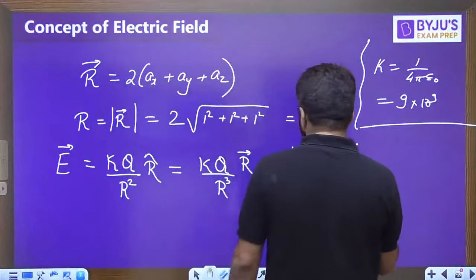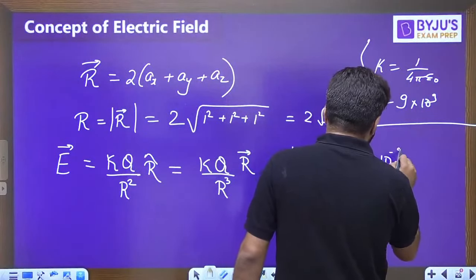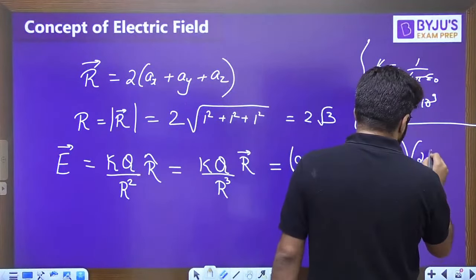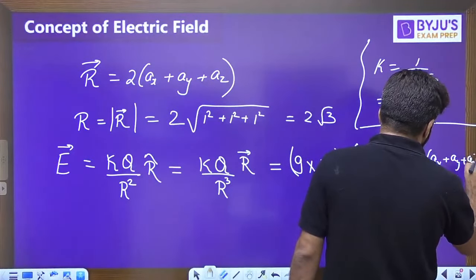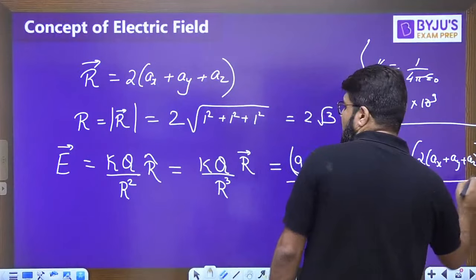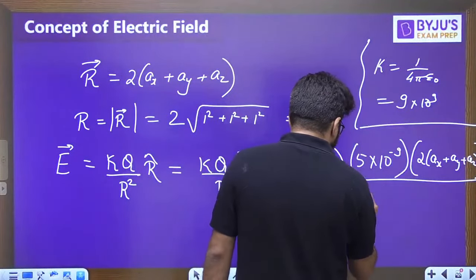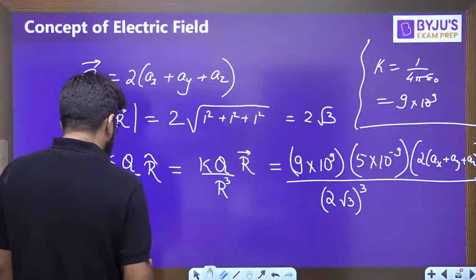Right, multiplied by Q. So what is the Q given to you? 5 nanocoulomb. So nano is 10 power minus 9, multiplied by the vector R, which is 2 AX plus AY plus AZ, whole divided by R cube, where R is equal to 2 root 3. So 2 root 3 whole cube. 10 power 9 and minus 9 is getting cancelled. So answer should be